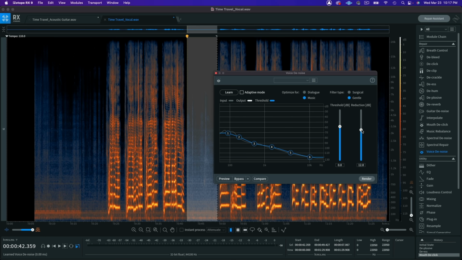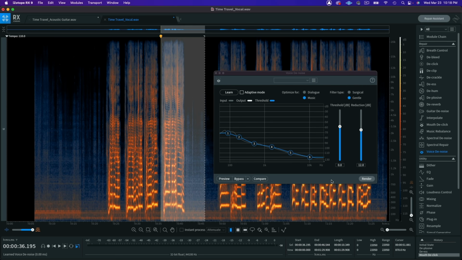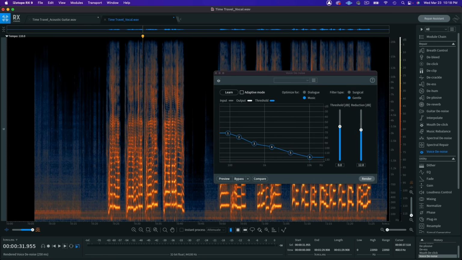So usually for reduction, if I'm doing something where I really need to get rid of a lot of noise and it's going to be heavily compressed, I might even go up to 14, 15 dB here. But for the purposes of this, I'm going to stay at about 12, and it should be more than enough attenuation to get rid of that fan noise. I'm going to render a small section of audio so that you can hear the difference of before and after. So if you listen here, this section of audio, you'll hear the background noise just drop out.